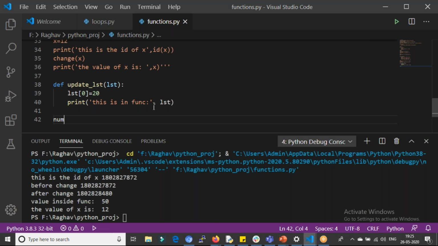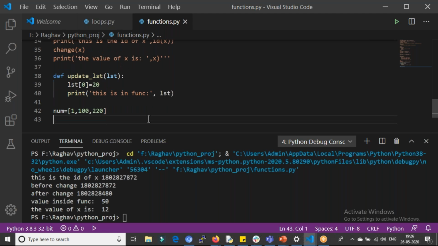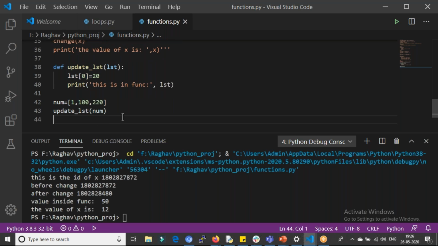I'll have a list of numbers, and here I'll say 1, 100, 220. I'm just giving random numbers, and now I'll update this list. Update list num. The parameter I'm passing is num because I want to update the list num.